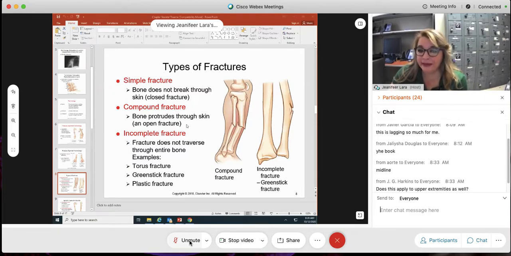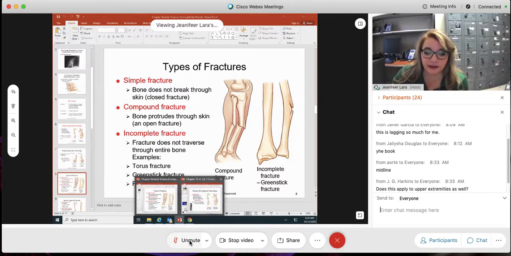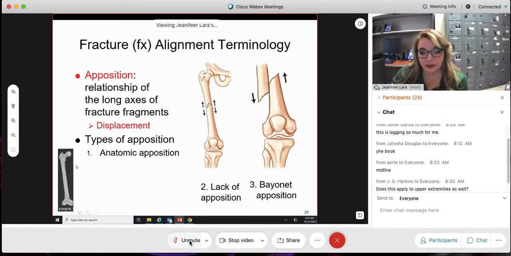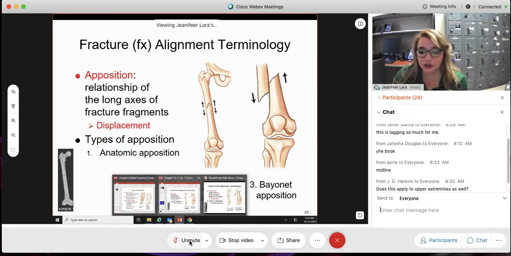Let's talk about an incomplete. So a simple fracture means that the bone is broken. The bone is broken, and let's take a look at this one. The bone is broken right here. The ends are meeting, and nothing is protruding through the skin. Nothing. It looks pretty simple. Okay? Good? I'm just kind of switching in between. But when we look at